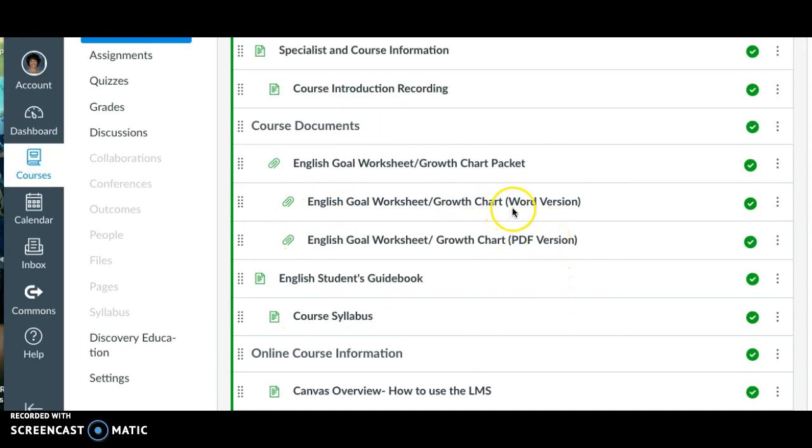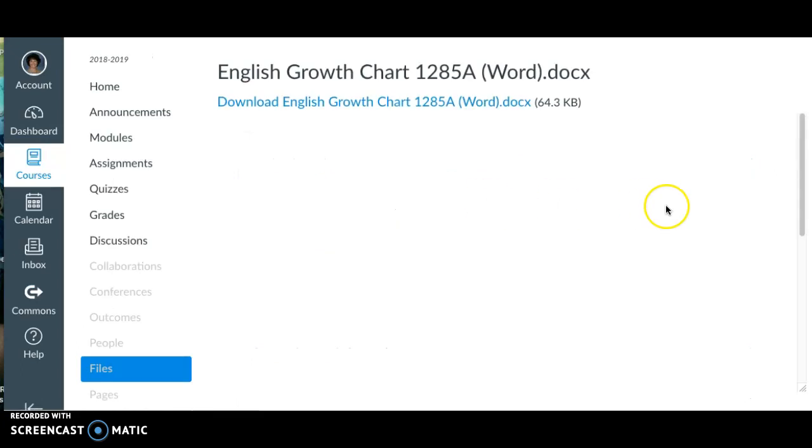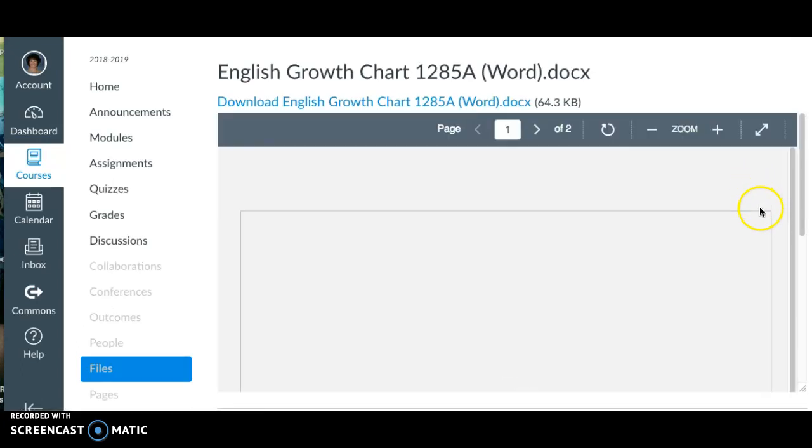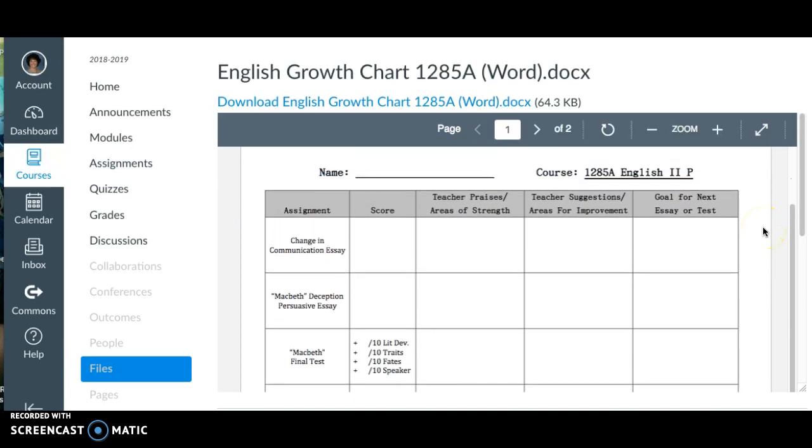And the first thing you want to do is pick whether you look at the PDF version or the Word version. The Word version will allow you to type right in. And that's a blank one. But before we look at the example, let's look at the blank one first. So we'll bring up the blank one and you will be able to type in